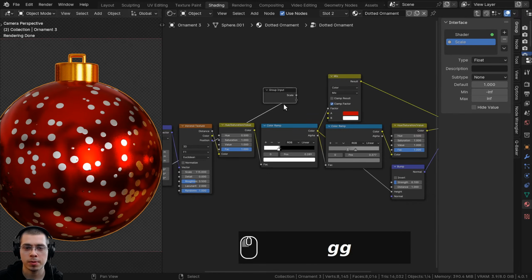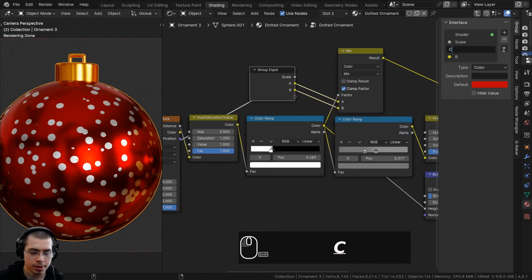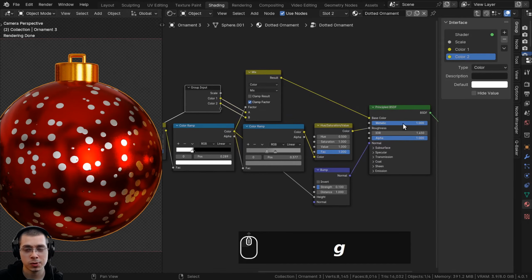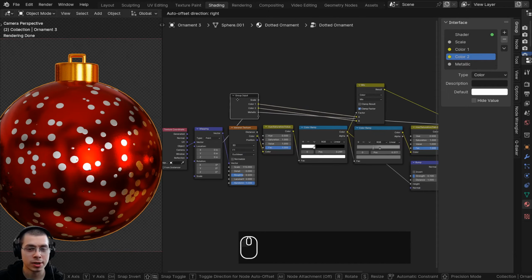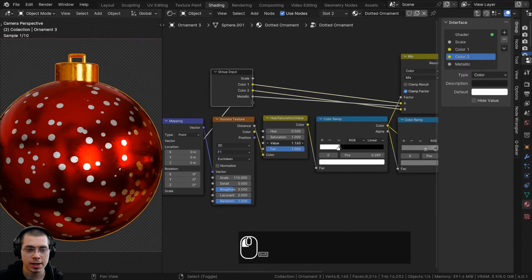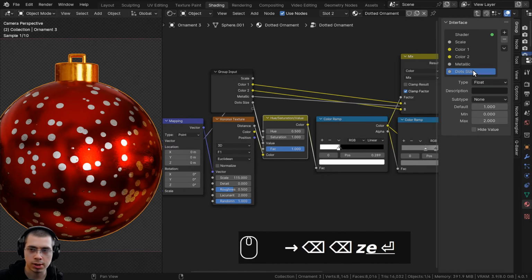So let's drag the group input up here, and we can take color A and color B, and we can put those into the extra sockets there. And then if we double click on this to rename it, I'm going to rename it to color 1 and then also color 2. Alright, and then I also want to be able to control the metallic value, so let's plug the metallic into the extra socket there. And then I also want to be able to control the dot size, so this value here, this is going to control the size of the dots, so I'll put the value into the extra socket there, and then I can double click on this to rename it, and I'm going to rename it to dots